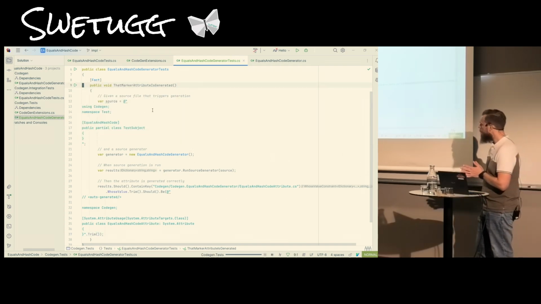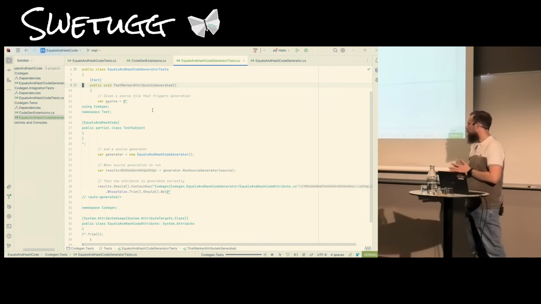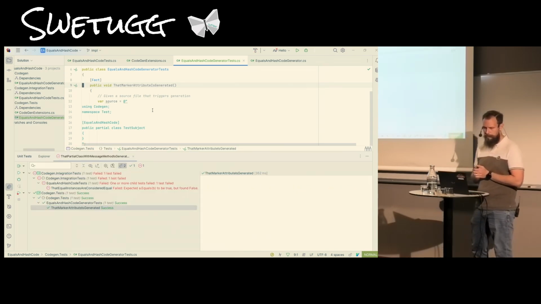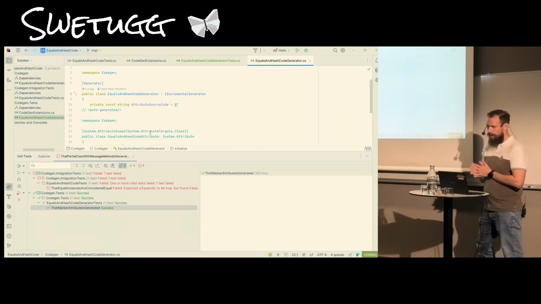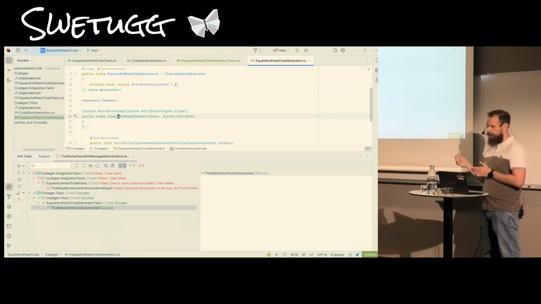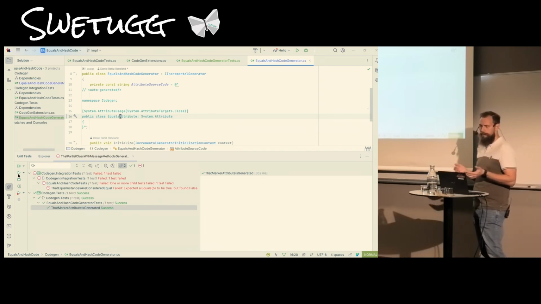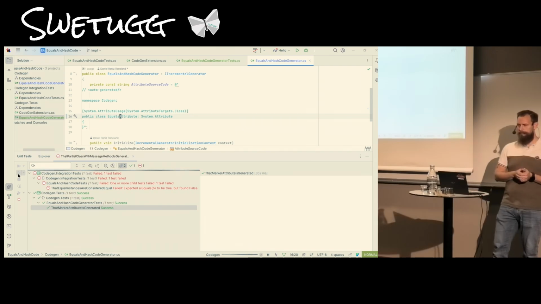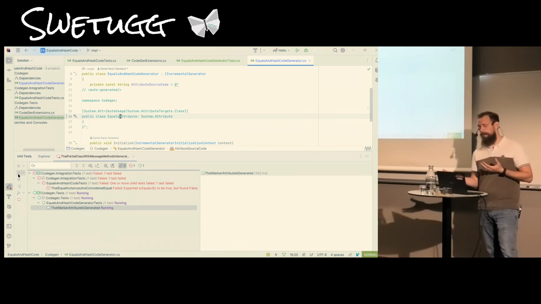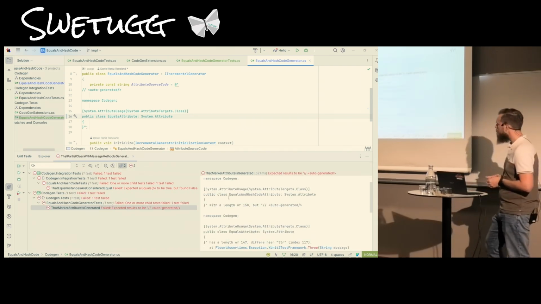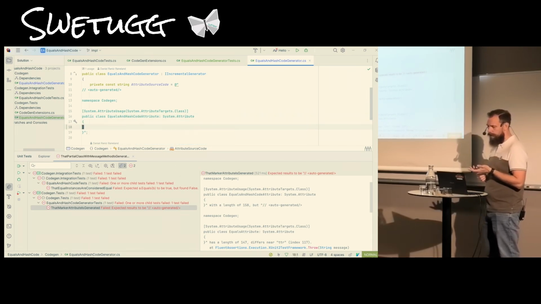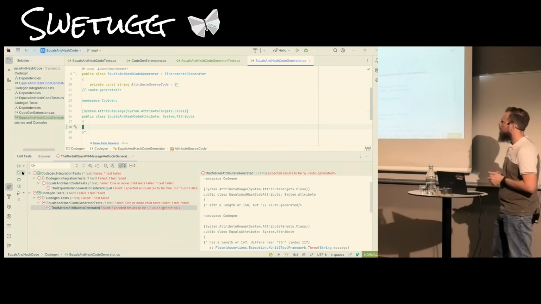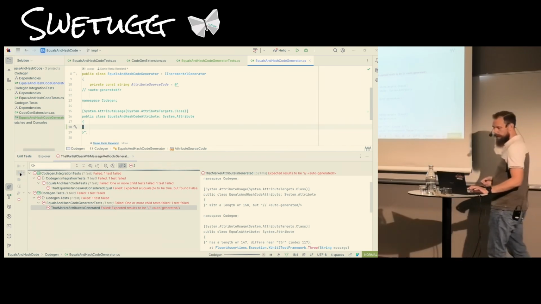Hopefully it's green. I mean, since this is recorded, it would be embarrassing if it wasn't. And we can see here that while this works, if we change something, if we just make it an equals attribute, we get an error, which we should, because we changed the name of the attribute, right? Shouldn't work. But if we put that back and we just change something in the source code, we had a blank line in the middle. And you see here,